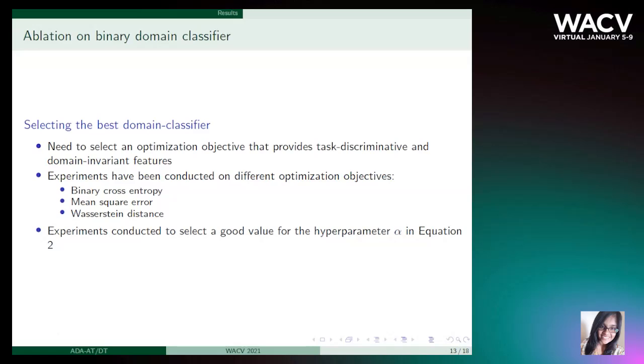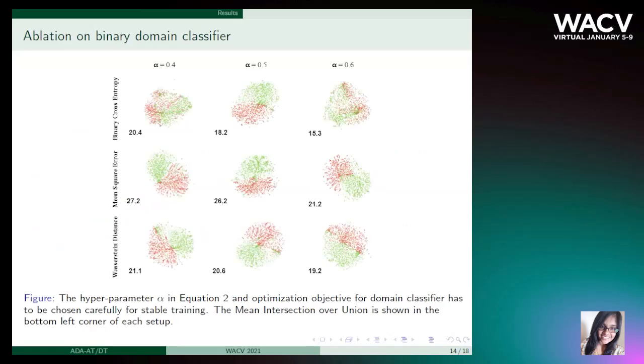We also perform an ablation study on the domain classifier. To select the best domain classifier, we perform extensive experiments on different objectives, namely the binary cross entropy, mean square error, and the WGAN. We also conduct experiments to choose a good value of the hyperparameter alpha in the min-max optimization objective for the base model, which is trained on task T1.